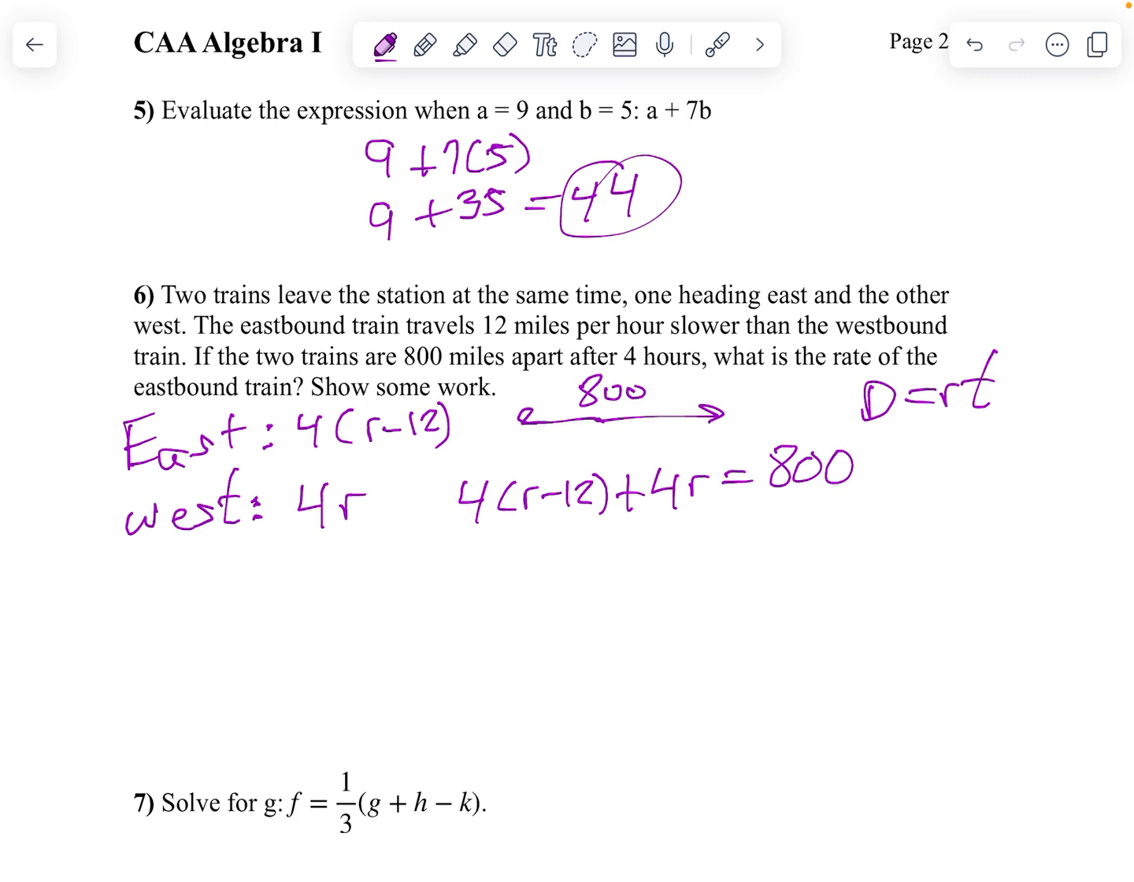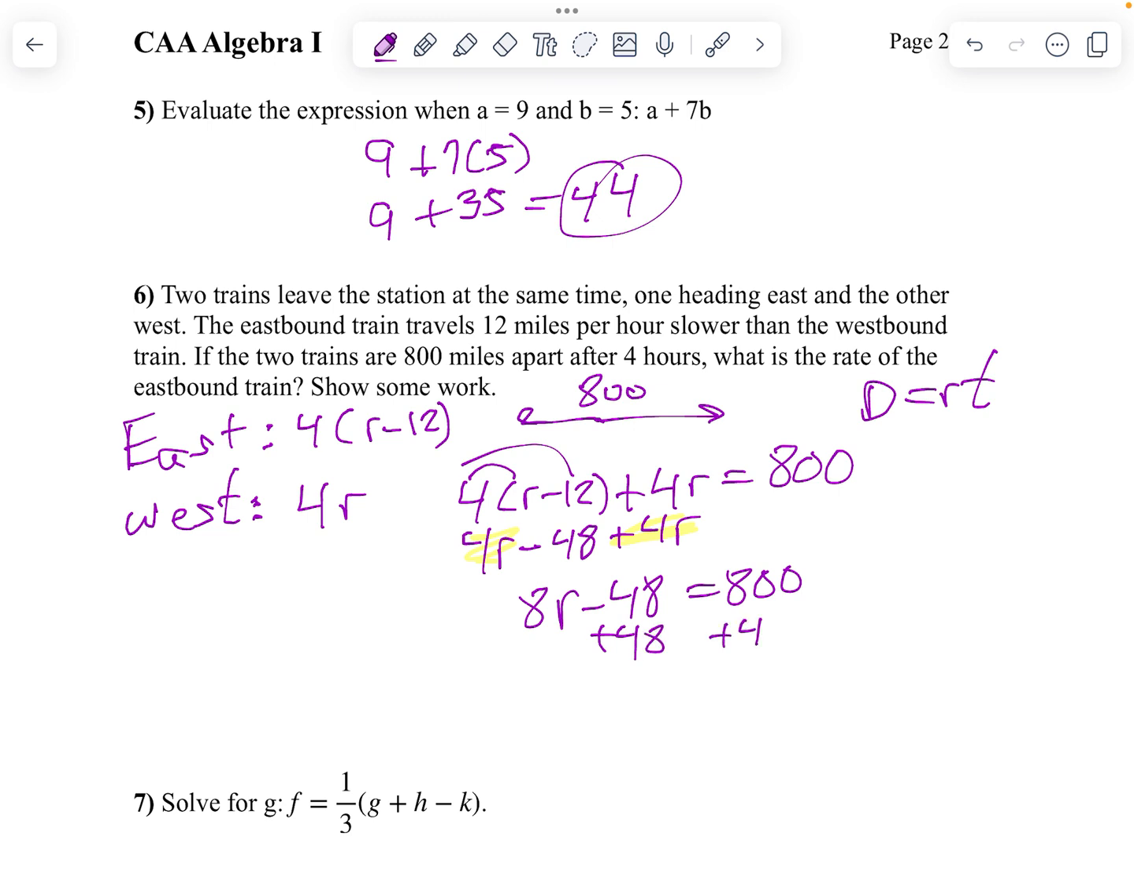So in other words, let's solve this. Let's distribute: 4r minus 48 plus 4r. Combining like terms, we have 4r plus 4r. Remember, we're on the same side. You do what it says. We get 8r minus 48 equals 800. Then we'll just add 48 to both sides. So 8r equals 848. If I divide by 8,